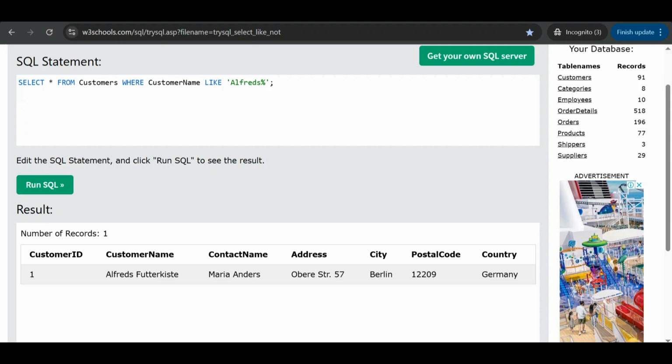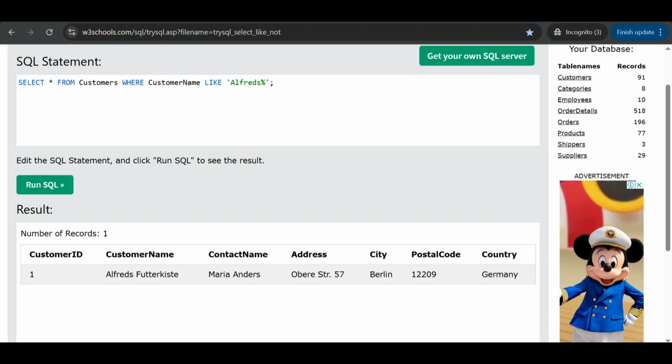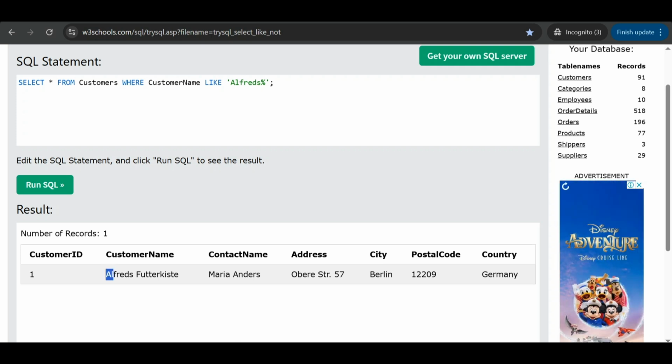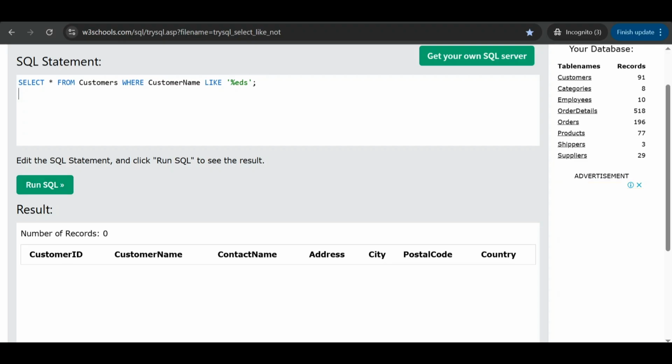This means I will search for values with 'average' at the front of the value. Maybe I will try this. Oh, this is also zero.